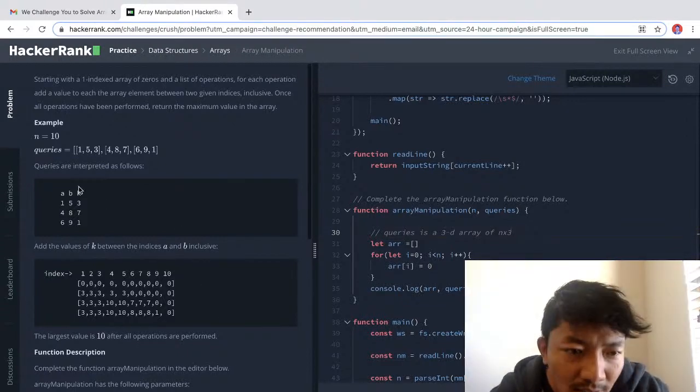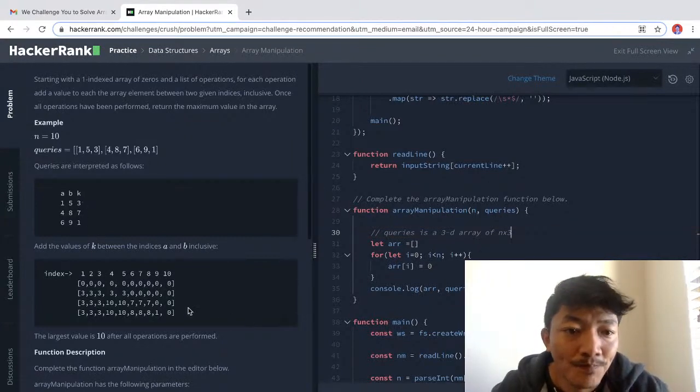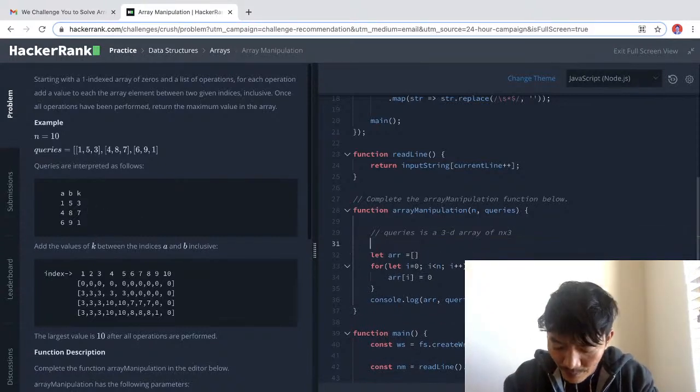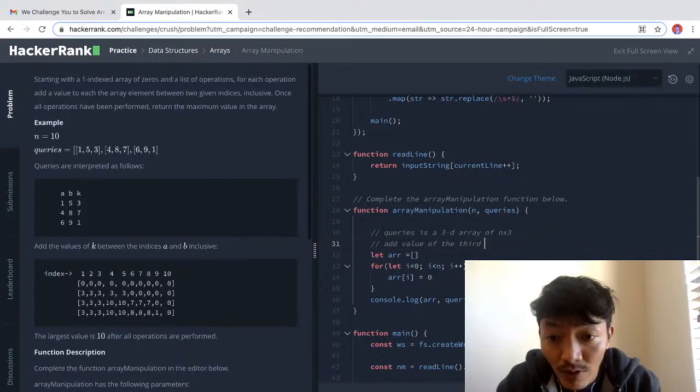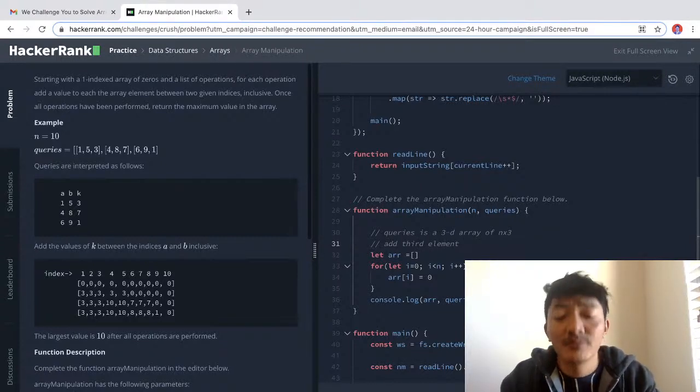So the first one is A, B, and K, and what we need to do is add the value of K, the third element of the query,